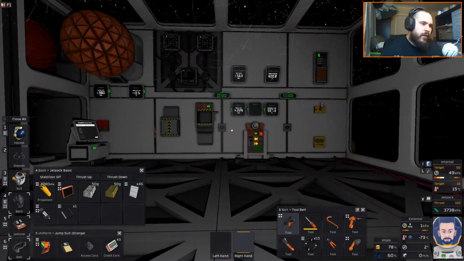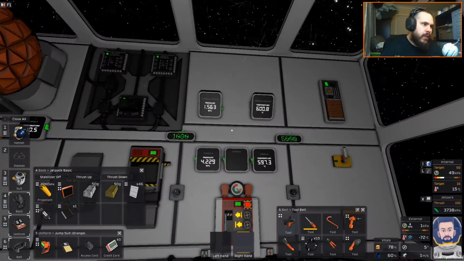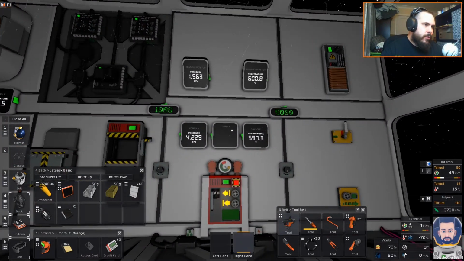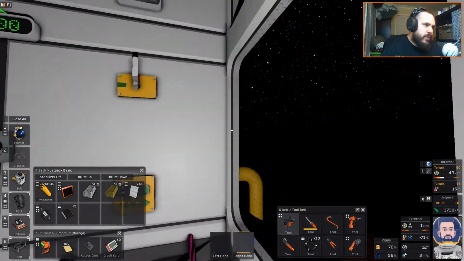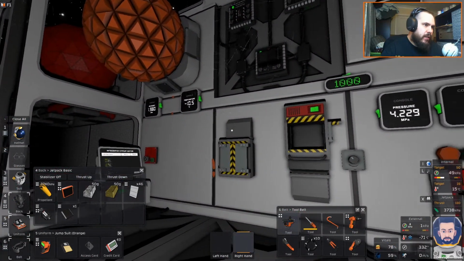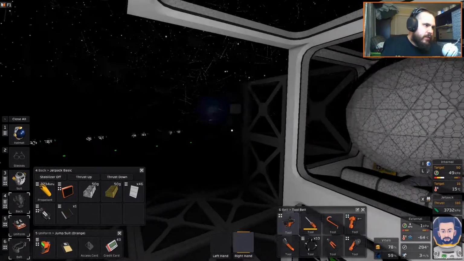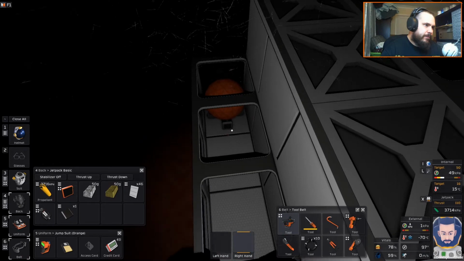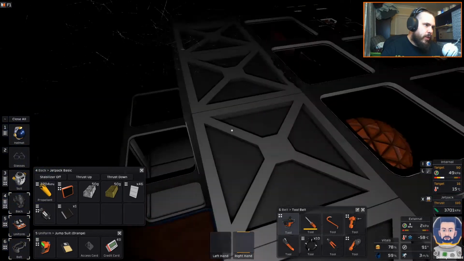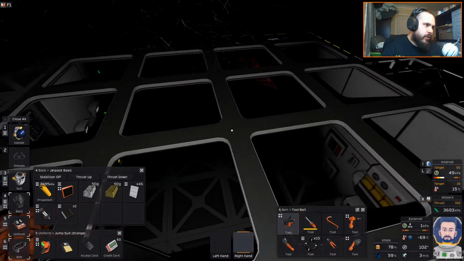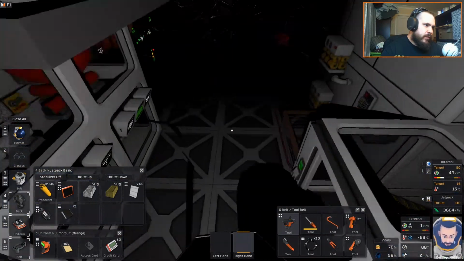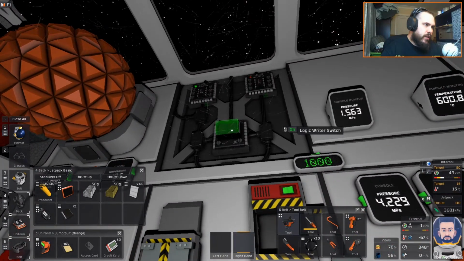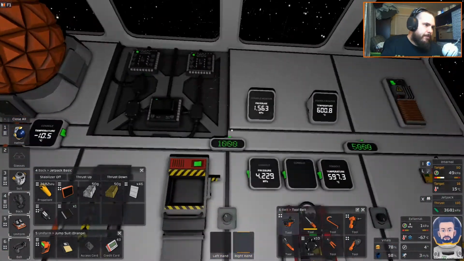Okay, after a bit of faffing about, we've managed to sort ourselves out some grub, some more baked potatoes, and eat them up. We've sealed in the whole of the back, and let's just play around and show you what I've done there. I like to keep things on display. We've put it in some glass casing, like that, so if it does blow, it should blow out that way and not take out this steel block. Hopefully, fingers crossed. And then on this side we've put a switch so we can override this circuitry, so it